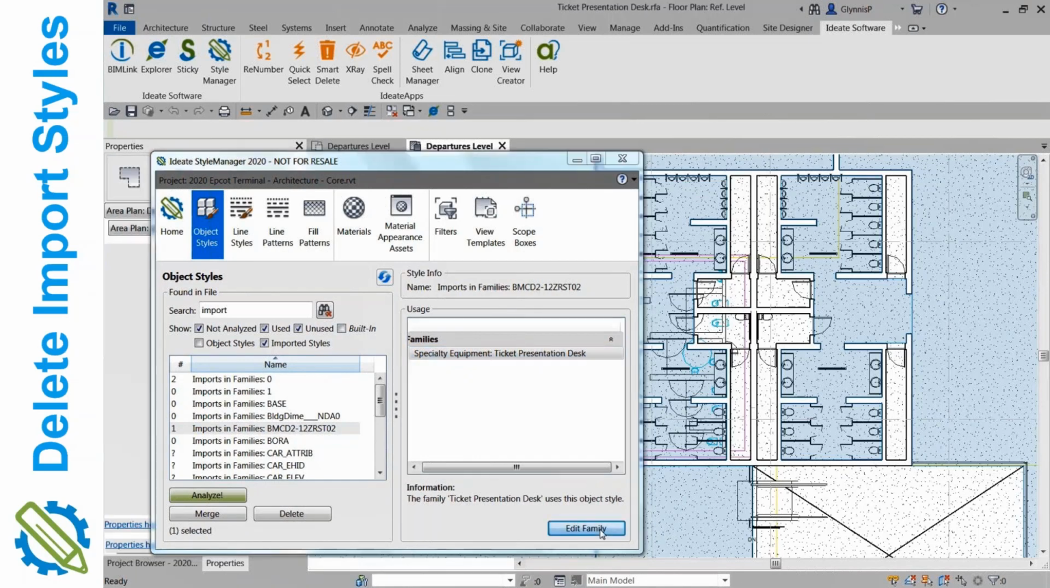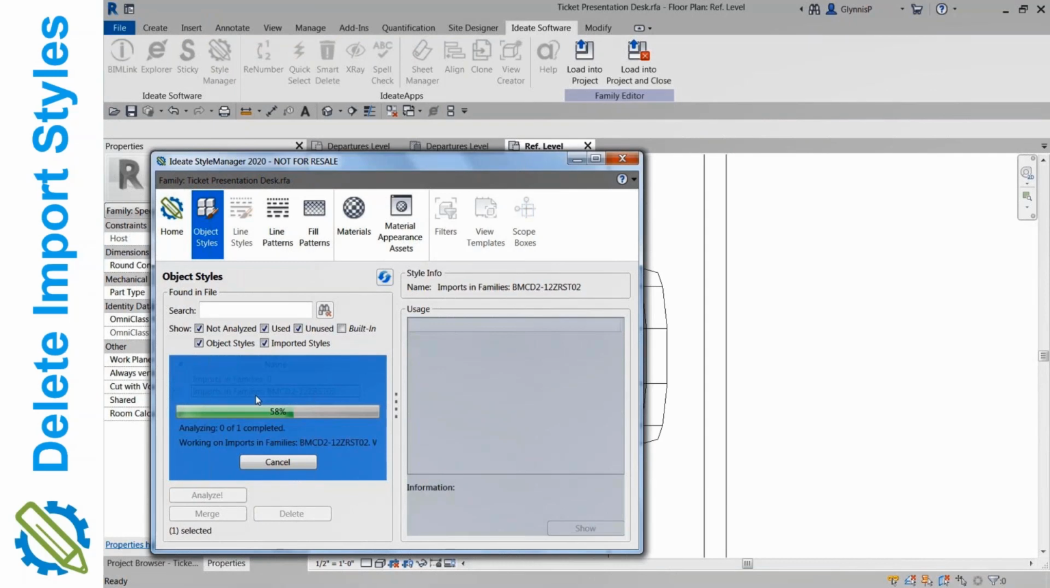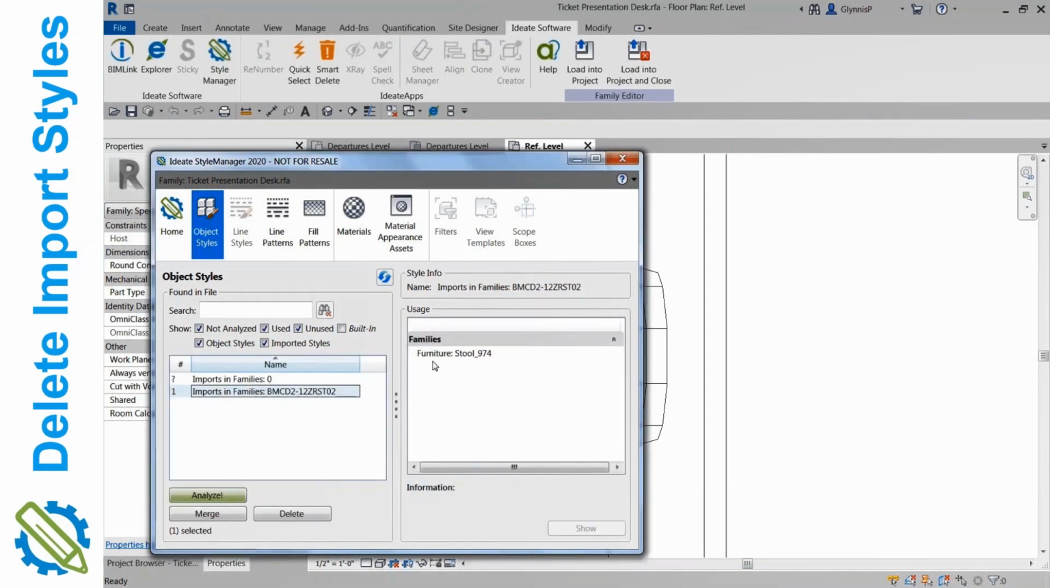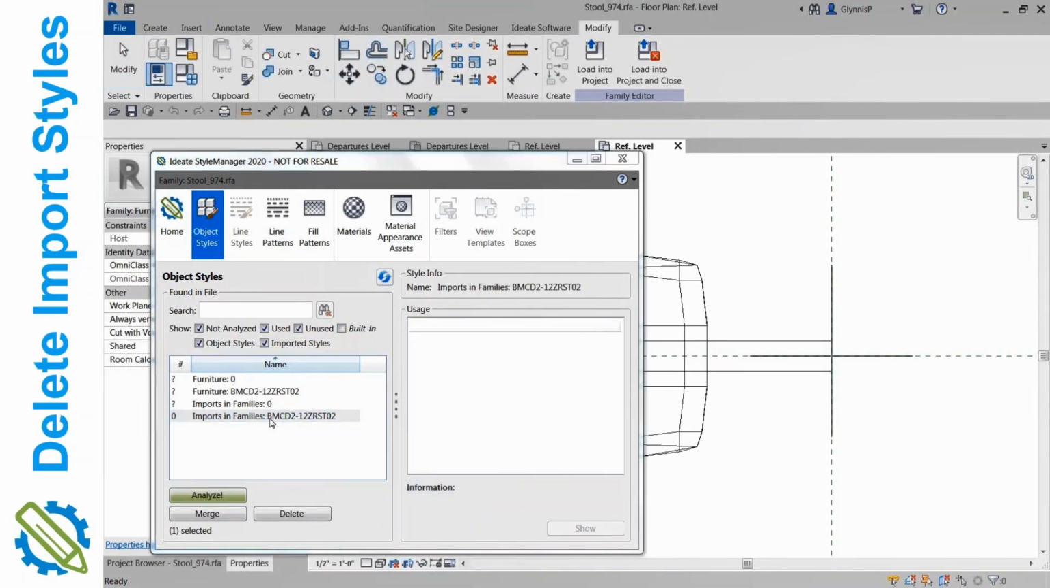So in this particular case, that specialty equipment presentation desk, I'm going to open up the family, and I see that there are other families that have been loaded into it. So it's a nested family. There's a furniture. And so finally, when I open up that furniture stool,